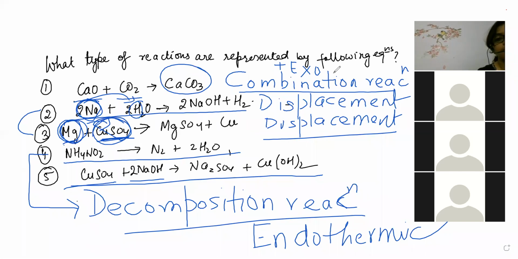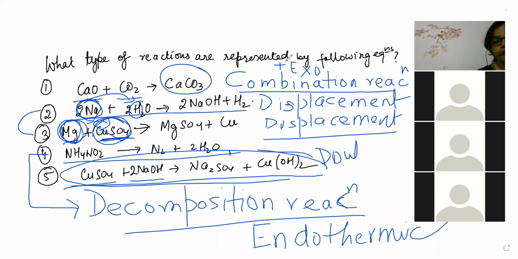Wait, the screen got stuck. I can't remove it. Fine. So the fourth one itself is a displacement reaction. Can you see the screen? What I am writing? Double displacement. Okay, the fifth one is double displacement. The fourth one is a decomposition reaction, which is endothermic. Now the third one, magnesium and copper sulfate is there. So definitely